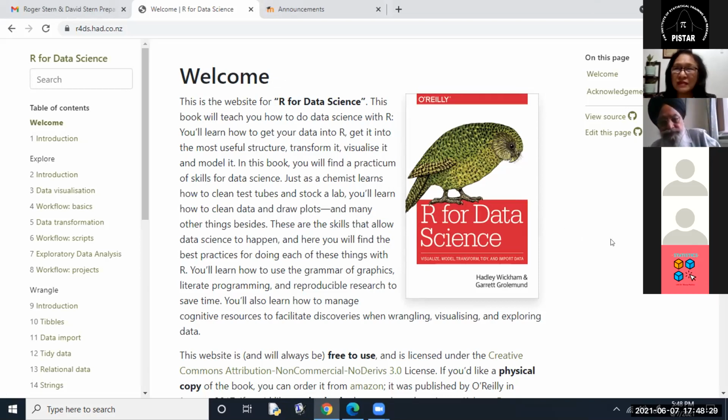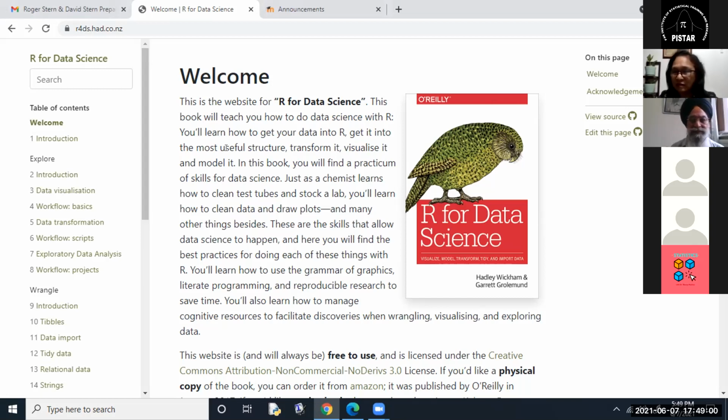So, I taught Tidyverse, and this book is connected with Tidyverse also. And Garrett Grolemund, this name that you see here, is the gentleman who taught at the American Statistical Association conference. So I attended that, and then I taught in my own country the same thing. This book is connected with the software that they have produced, which is called Tidyverse.